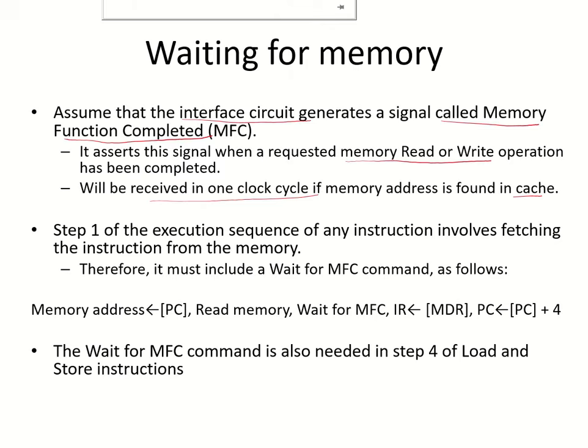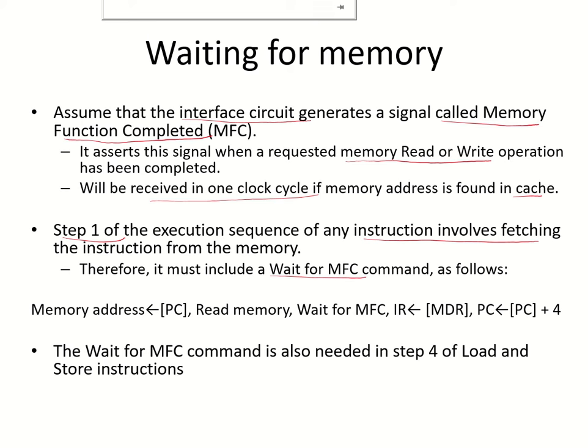So the MFC signal is always associated with a memory access. For example, in step 1, when an instruction fetch is being done, that instruction fetch requires accessing the memory. So if the address from which we are trying to get the instruction is available in the cache, then you will get the MFC in one clock cycle. Otherwise, it will come in a few more clock cycles. So if this is the case,